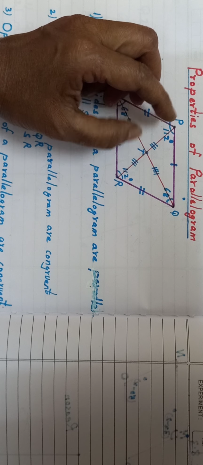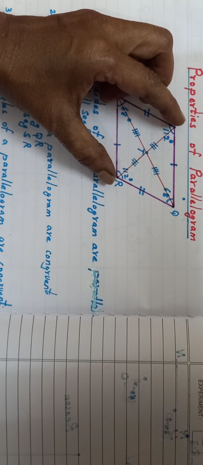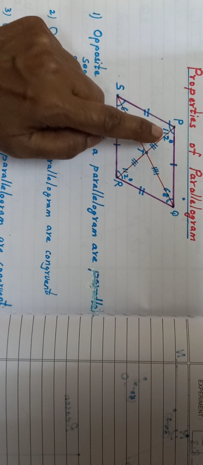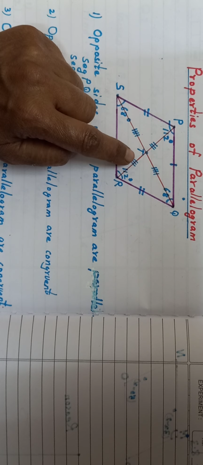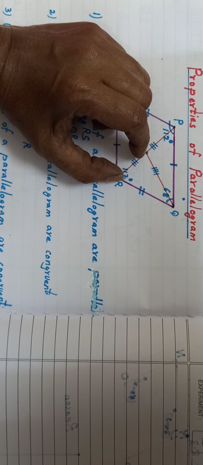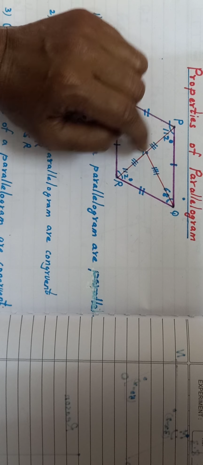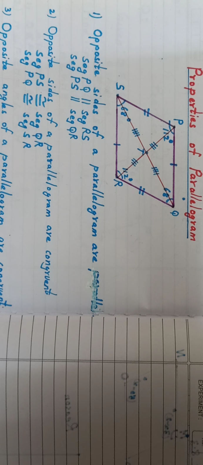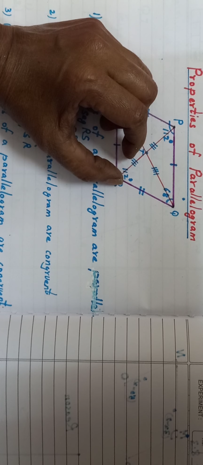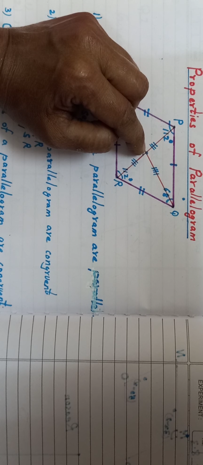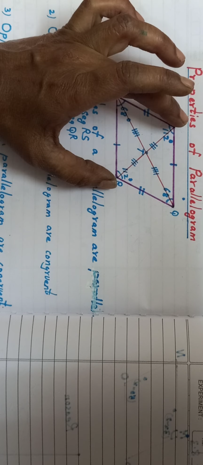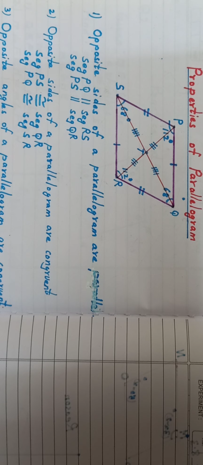And very important, these two will be half of PR. So if you want to find length of PR and if these two are given, you can very well tell that, suppose if one is given, you can know the second one because they both are equal and they are half of PR. It means PR will be twice of any of the sides, either PT or TR. Means twice PT will be equal to PR or twice TR will be equal to PR. This also you should understand.